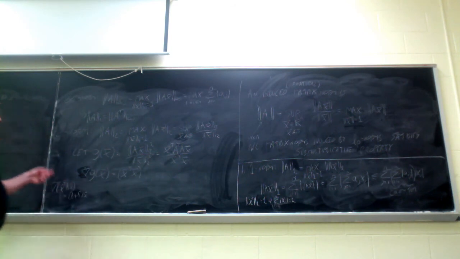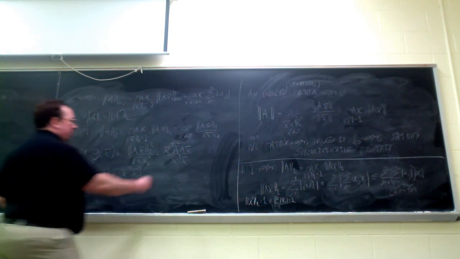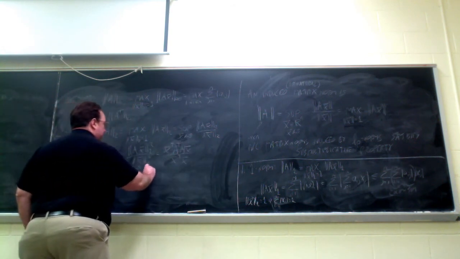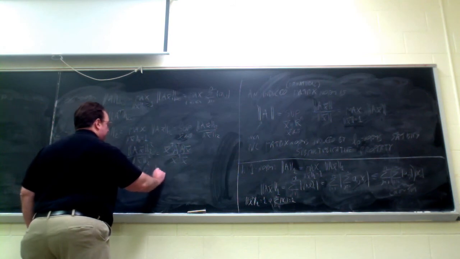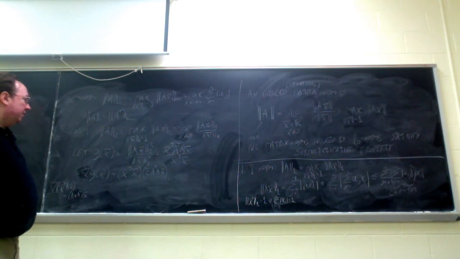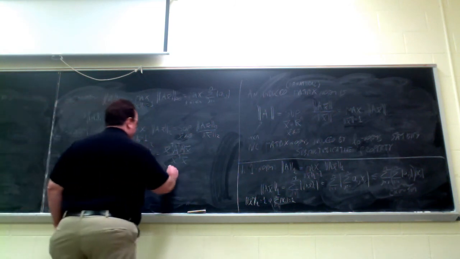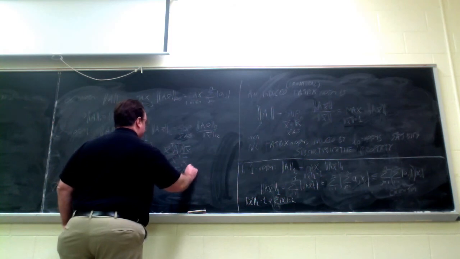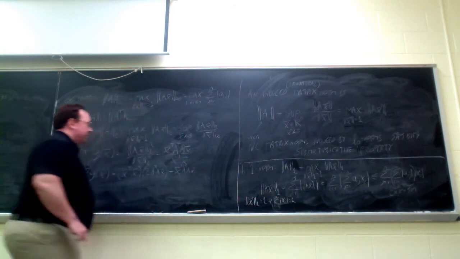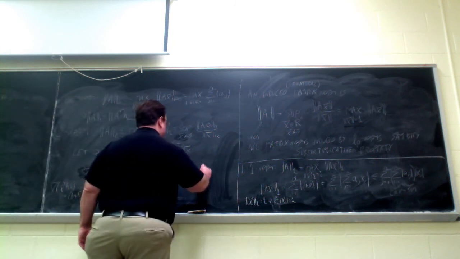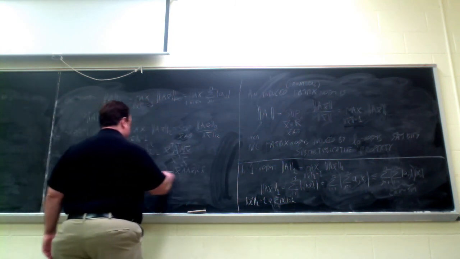Well, A transpose A, that was the matrix that we have here, is a symmetric matrix. So what we end up getting is 2 A transpose Ax, minus x transpose A transpose Ax times the gradient of x transpose x, which is 2x,